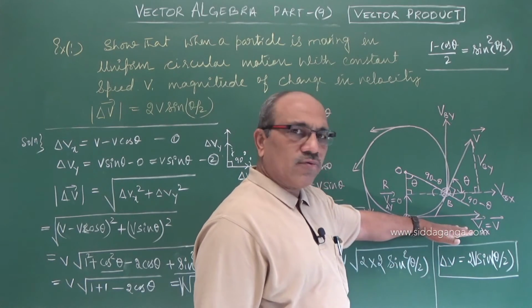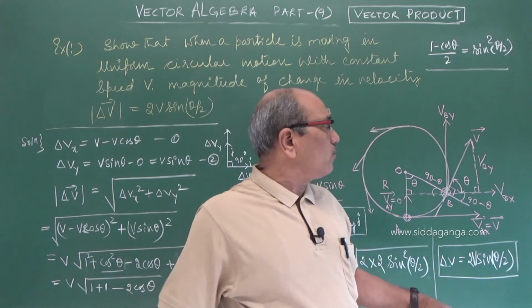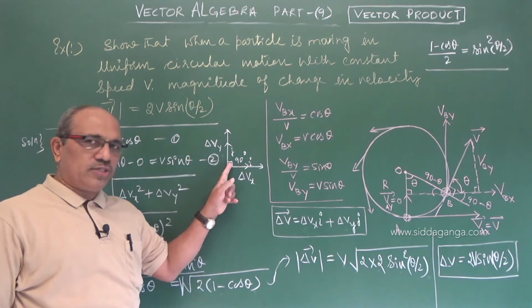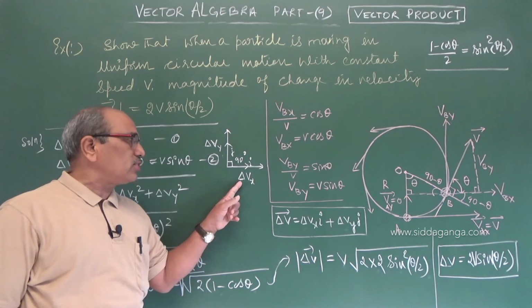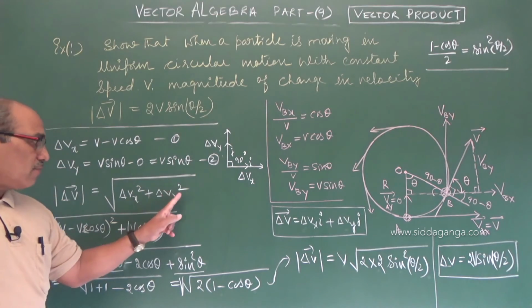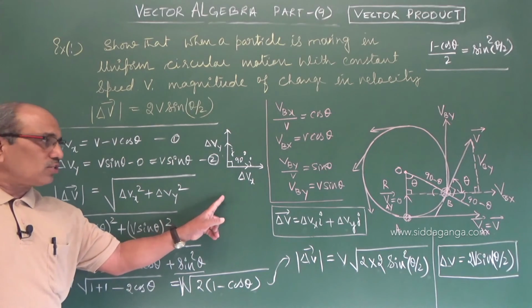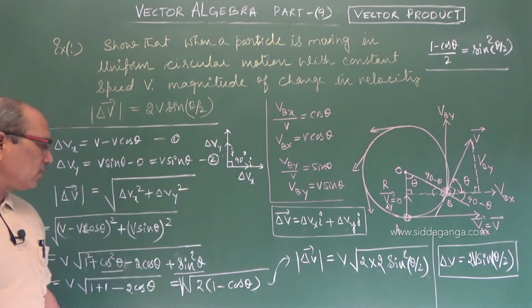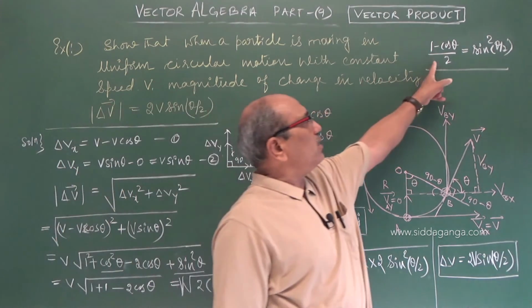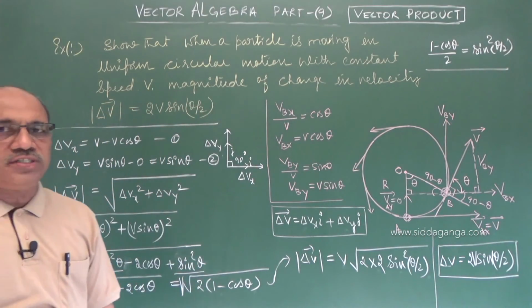So that you got v along this direction, and this component difference gave that value. And the y component also we determined. I told you both are perpendicular to each other. Changes in x direction, changes in y direction. When you take the difference, it means minus 2ab, actually minus delta vx delta vy cos theta. Cos 90 is 0, therefore I have not written that. And substituting this and simplifying, this is the formula: 1 minus cos theta by 2 is sin square theta by 2. Such applications in physics come up.